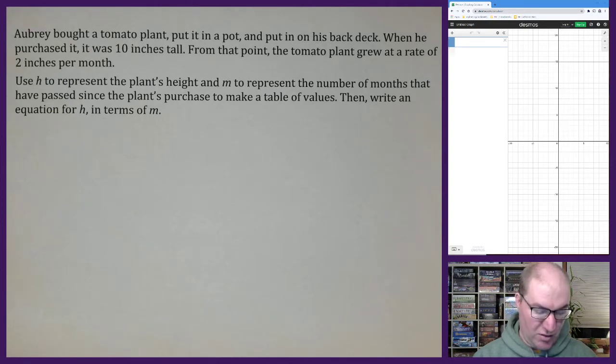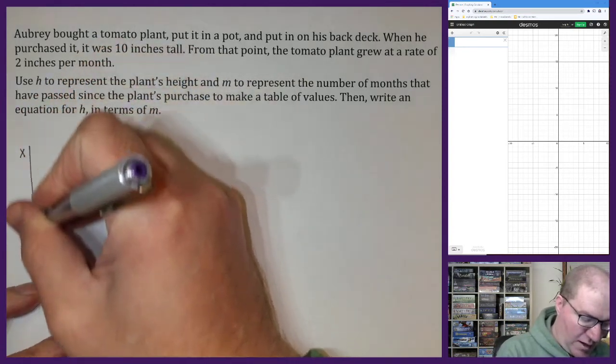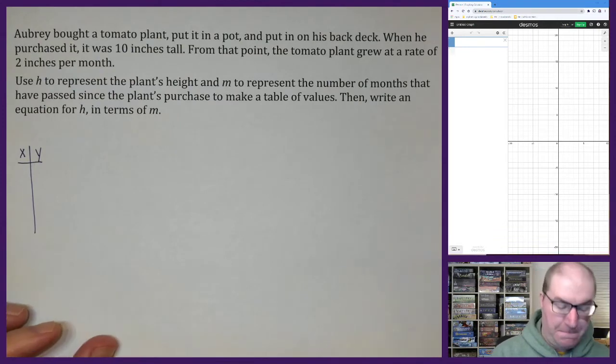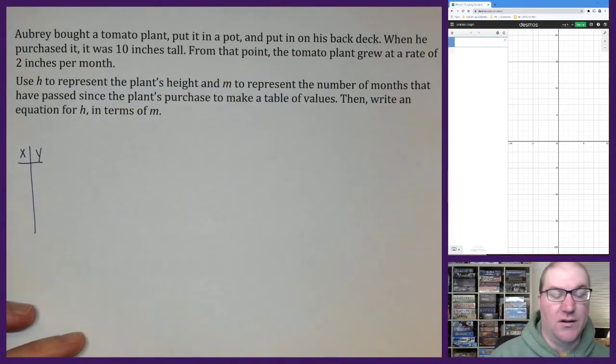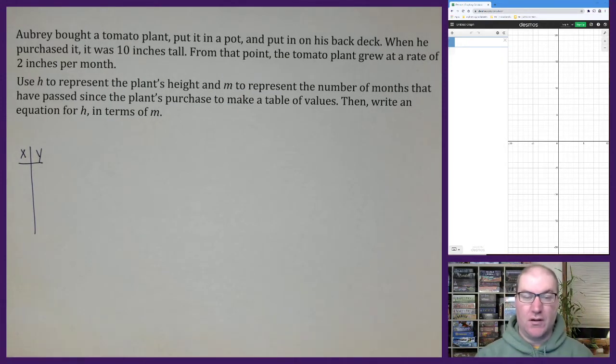So when you're determining your table of values, usually you're going to use X and Y. In your table of values, the X coordinates, the X values, are usually your independent variable. That's usually the information that you have control over, right? And the Y is usually something that is dependent on the X. So in this case,